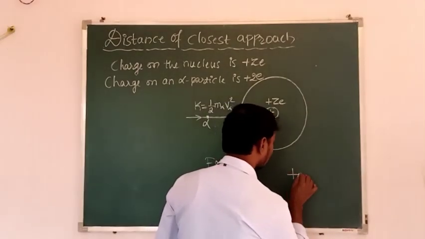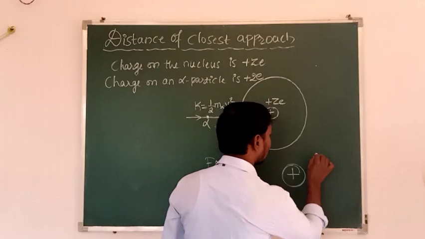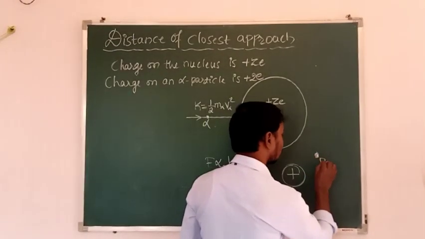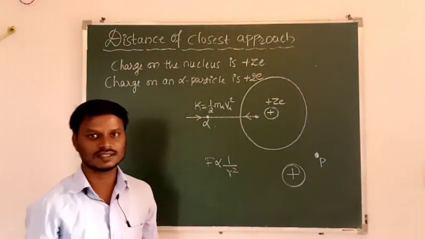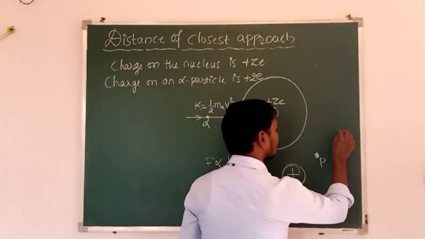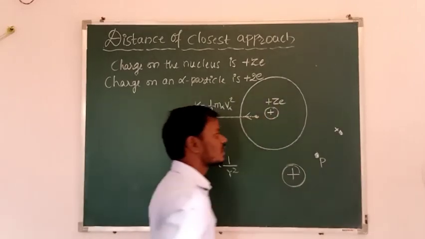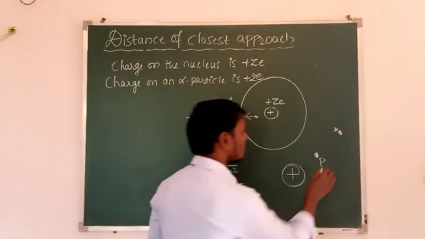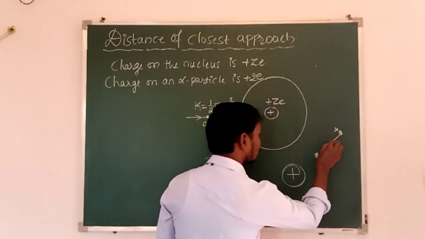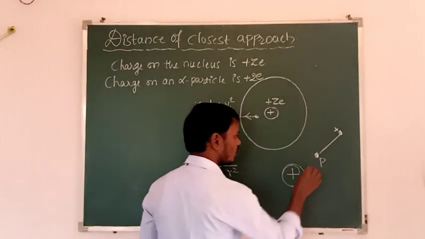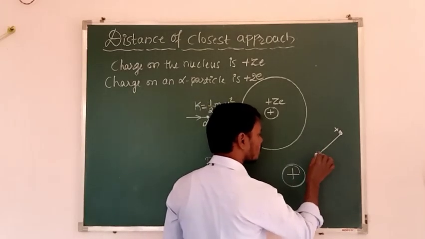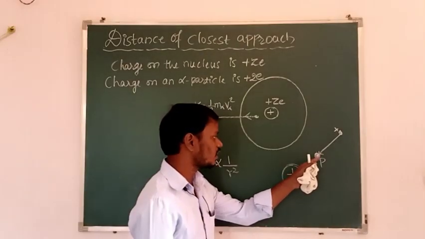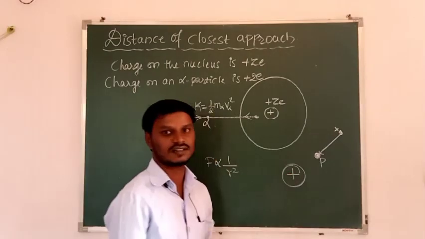Suppose let us consider a charged body. I will take this as a point. Now we are going to bring a charge from infinity to this point. This is a positively charged particle, called a unit positive charge, and it is also called a test charge. When this charge is brought near to the nucleus or positively charged particle, which type of force does it experience? A repulsive force, because there is a potential at this point due to this positively charged body.